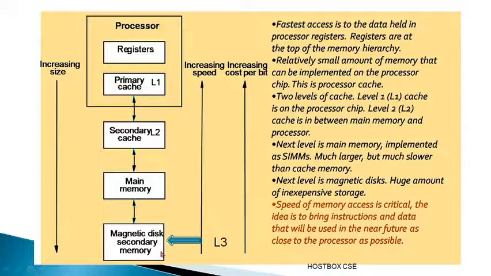First, what is the use of secondary memory devices? Why? For example, let's assume I have a program or a large file of 4 GB, but I have RAM of only 2 GB. How is it possible to store the data? Not possible. At that time we need the support of secondary memory devices. Remember, if your RAM size is 2 GB or less and you want to store a large file or program of 4 GB, you need magnetic secondary devices, because secondary devices by default have a large or huge size.